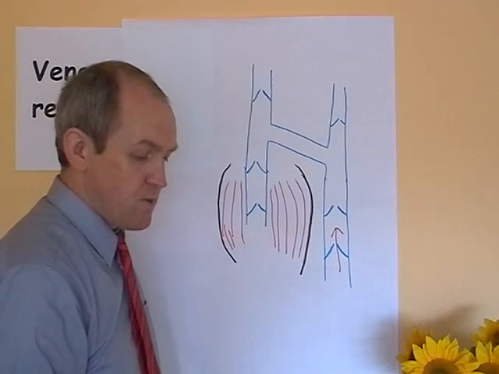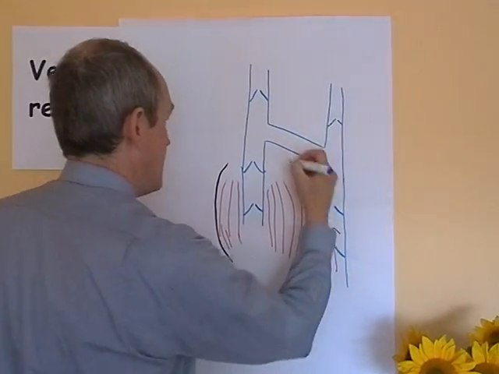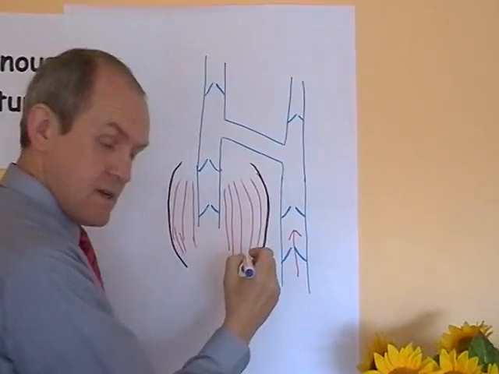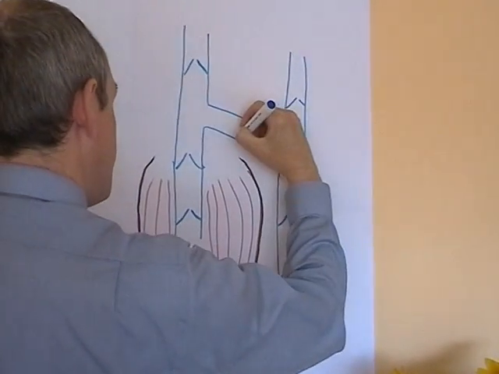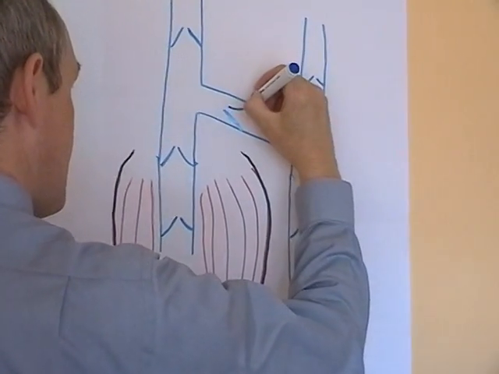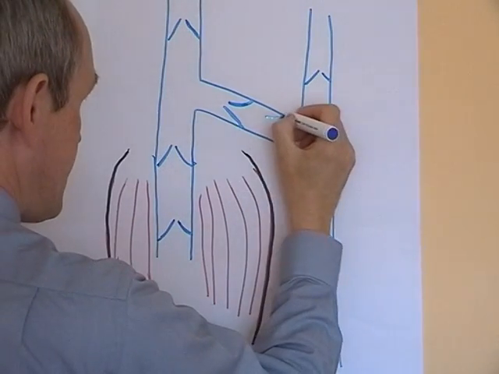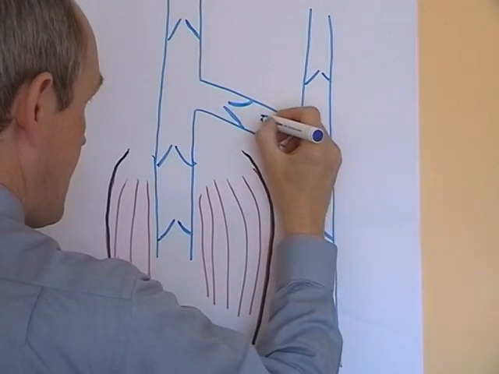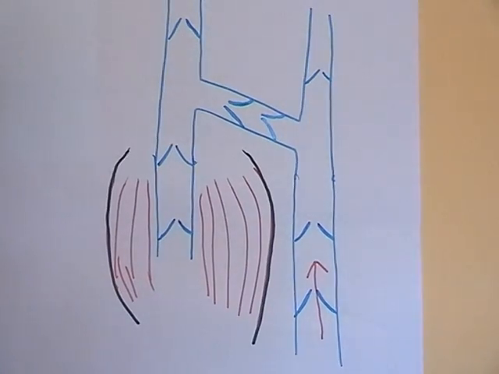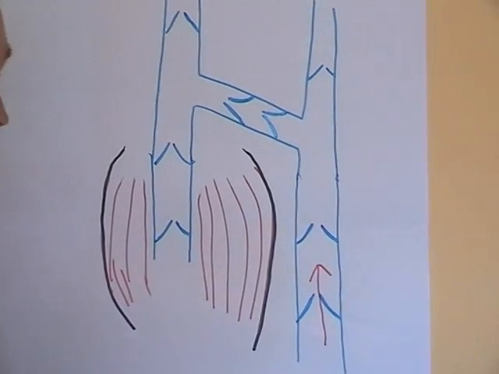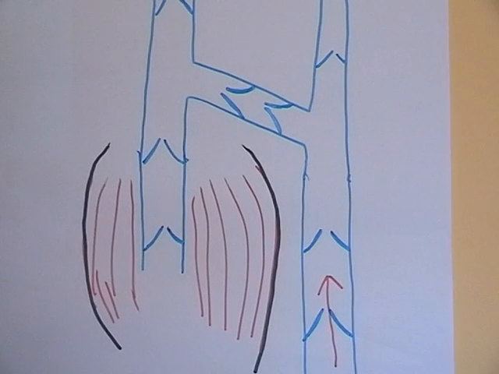So in other words, we need valves in these veins that prevent the backflow of blood. So the valves here will go in this direction. In other words, the valves in the perforating veins will allow blood to